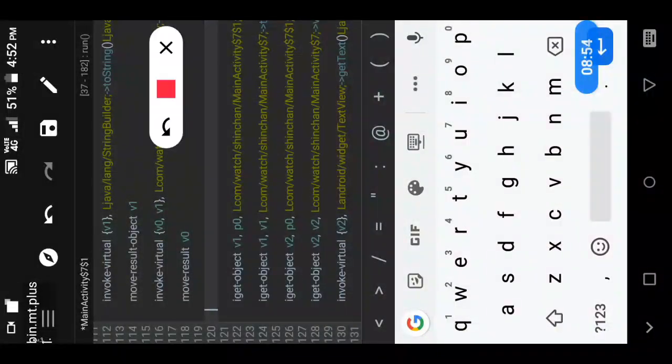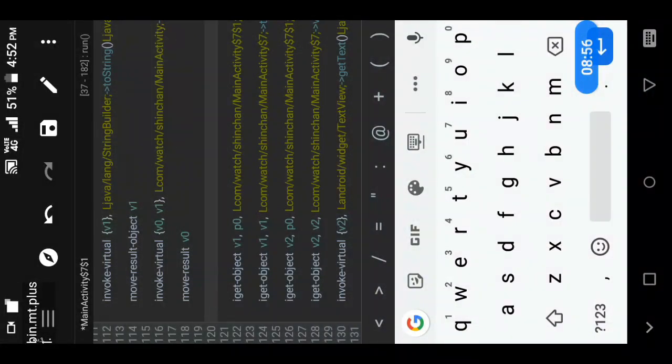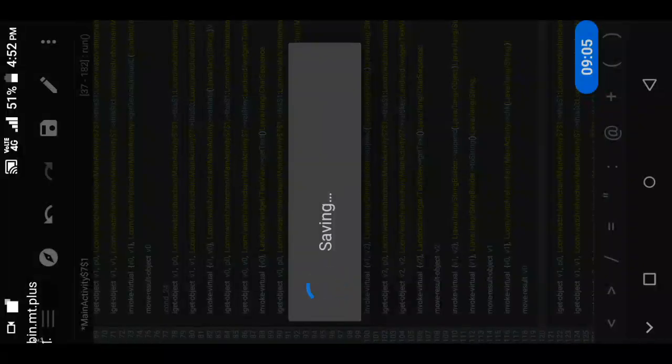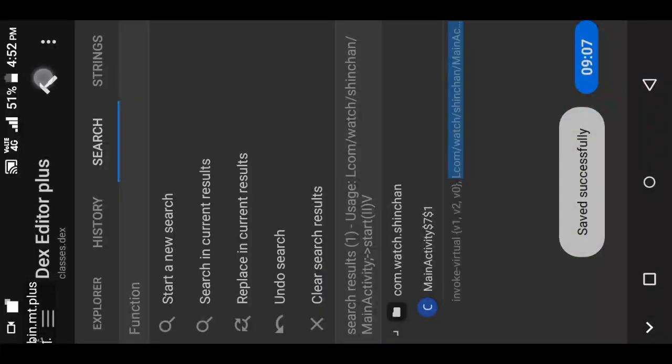When I delete this, there will be no condition check here. So it will directly run through this and start the home activity. So now let's save here. Now let's compile this and see whether it is working.